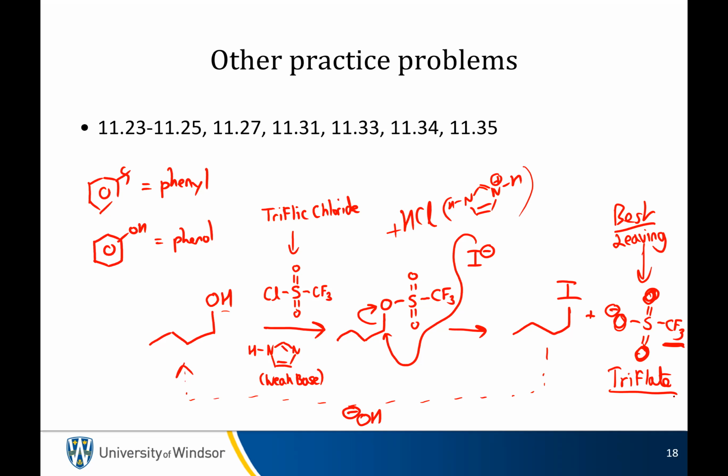But I just want to put this bug in your ear that we can take an alcohol and turn it into a really good leaving group. So Janik, you're way ahead of the rest of the class, so I'll talk about mesylates and tosylates. Yeah, all these are SN2s. And what gives us a clue that these are all SN2s is this is all happening at a primary carbon, so it's very unlikely that there's any SN1 chemistry going on here, because you're not going to make any carbocations. So if we can't displace something with something, can we turn something into a better leaving group? And yeah, we can turn alcohols into better leaving groups. We can actually do something really similar with nitrogens as well.